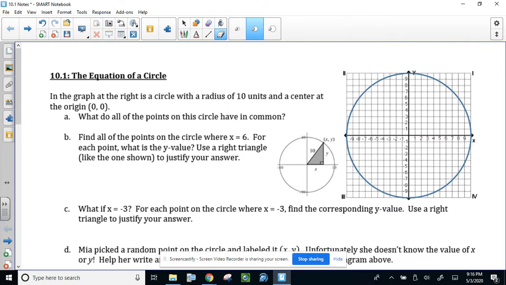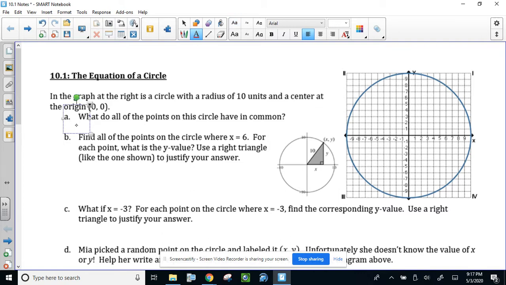And we can see that it does that not just horizontally, so it could extend to the right 10 units, it could extend up 10 units, it could extend left 10 units, it could extend down. All of these distances, and if I was to go diagonally, it would also extend 10 units. So what do all of these points on the edge have in common? They are all